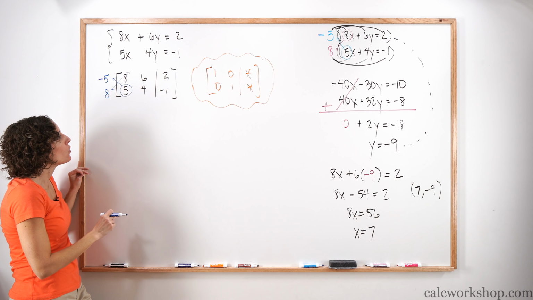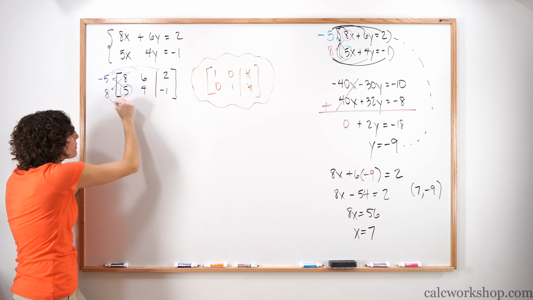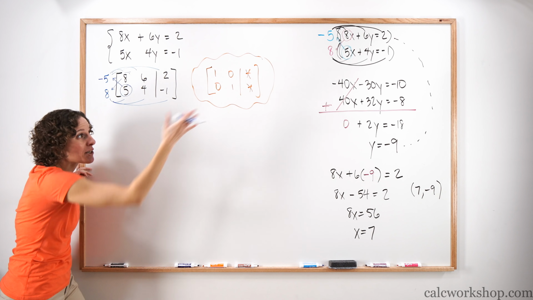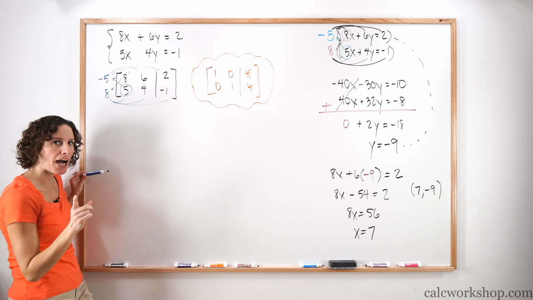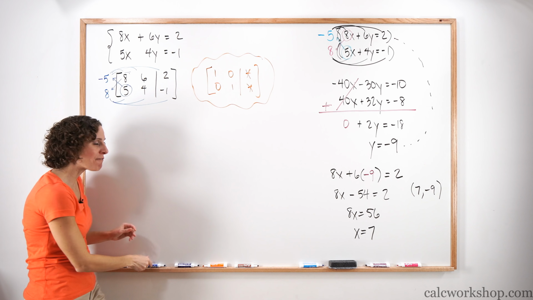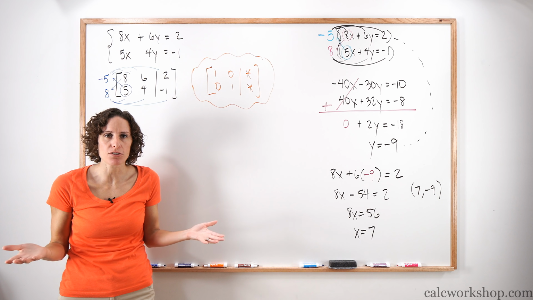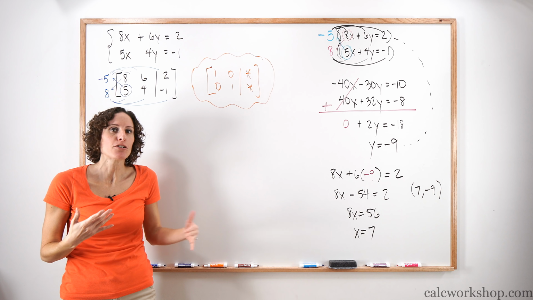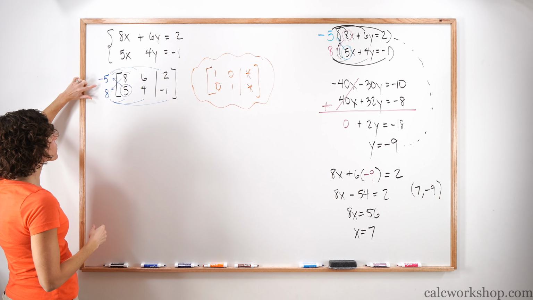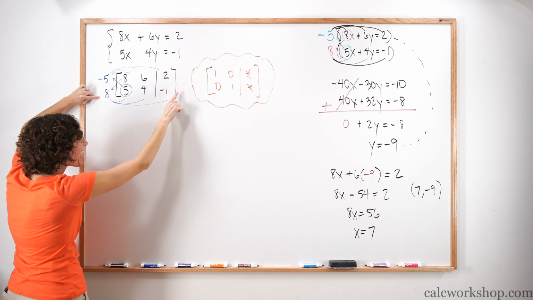So what do we do now? Well, we're about to manipulate, meaning we're about to distribute into everybody that we see. We're not changing the makeup of the original matrix, we're just going to make it bigger, just like we saw here. Now, every time we perform an operation, we need to put some command lines down, meaning you have to tell the reader, whoever it is looking at your work, what did you do? I don't understand. How can I follow you quickly so that I can see every manipulation you make? Now notice, we just wrote down that we're going to take and multiply -5 by the entire top row and 8 by the entire second row.